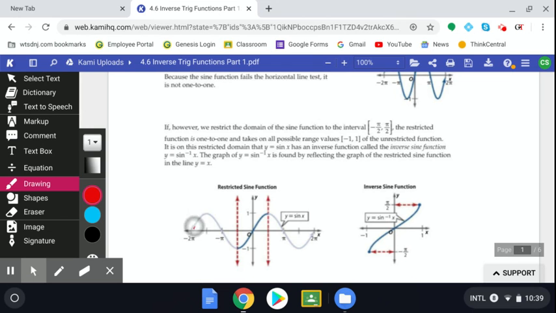So if you take into consideration the whole function, then this is going to go like this, which in this case would give you more than one y value for each x. So you have to restrict the domain. Okay, so